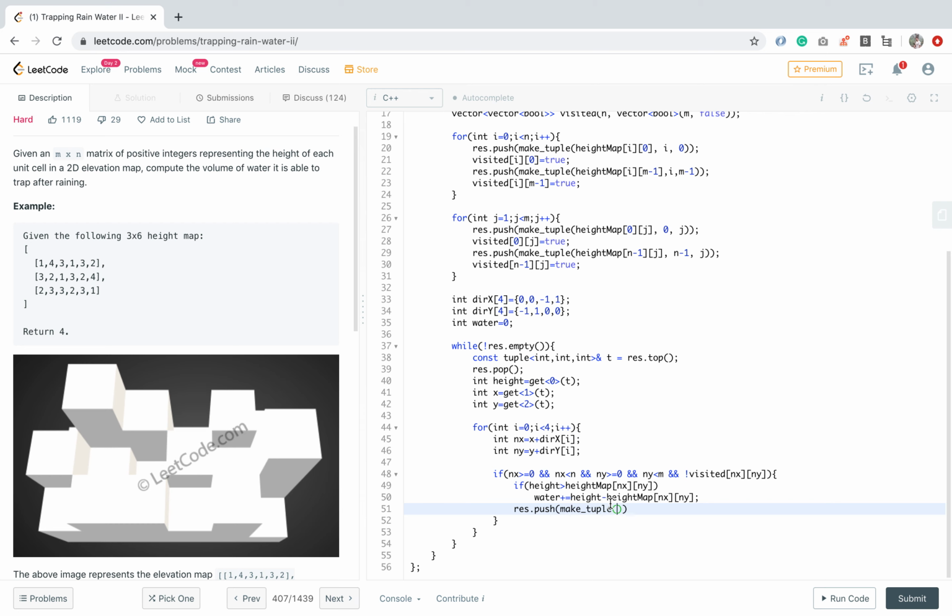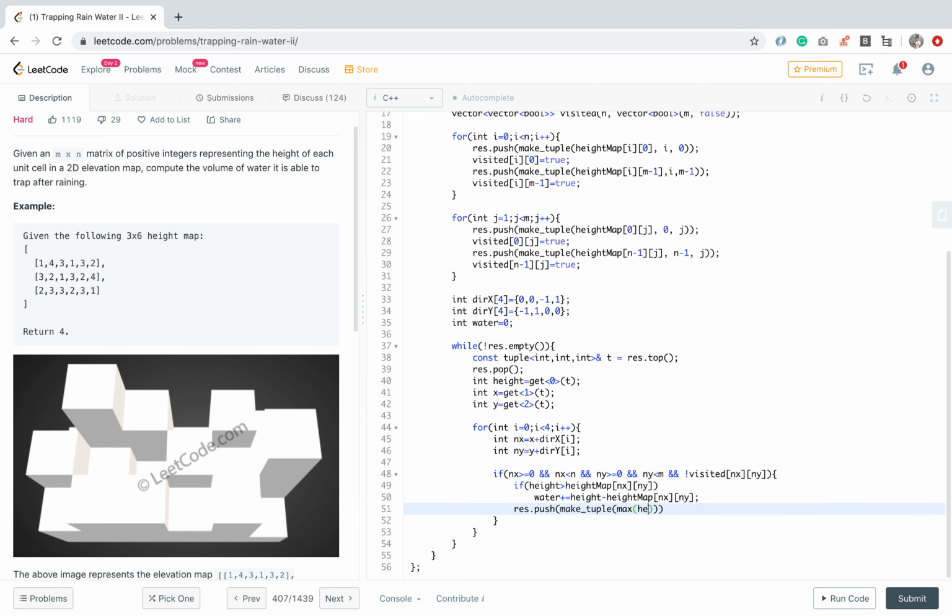So basically, whatever the maximum of height or this thing, because suppose if the height is minimum, then we add this much water, so then it becomes this height. If the height is greater, and this is less, then if we add water, it comes to this height only.